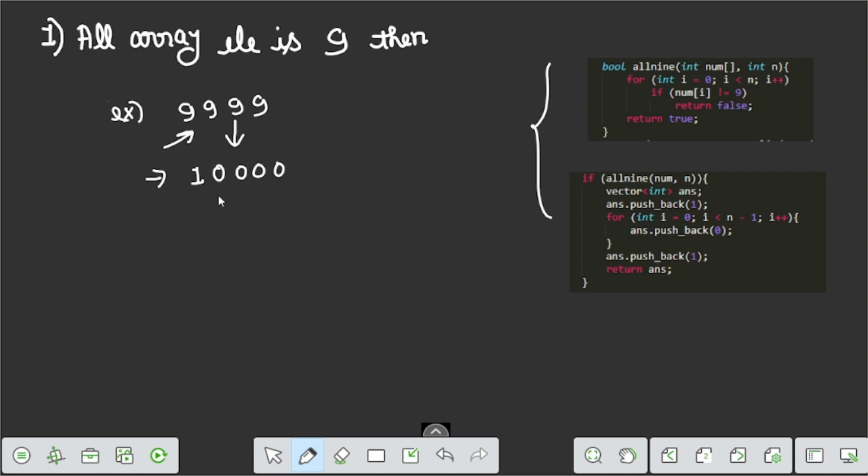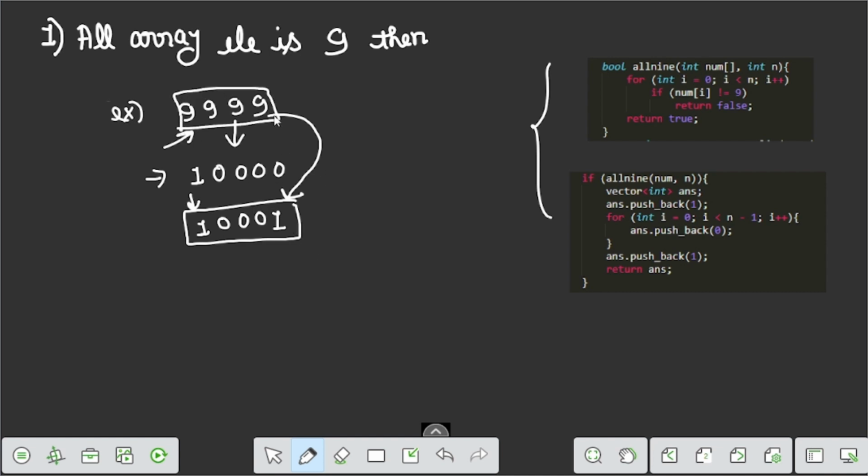Now if we want to become a palindrome number, let us increase this number by 1, so the number becomes this. So this is a palindrome number and also greater than the given number which is 9999.